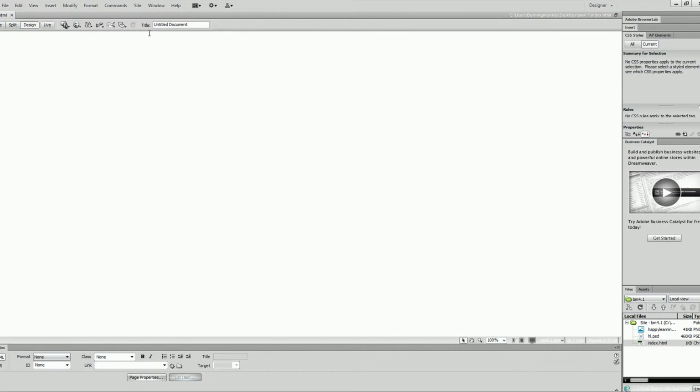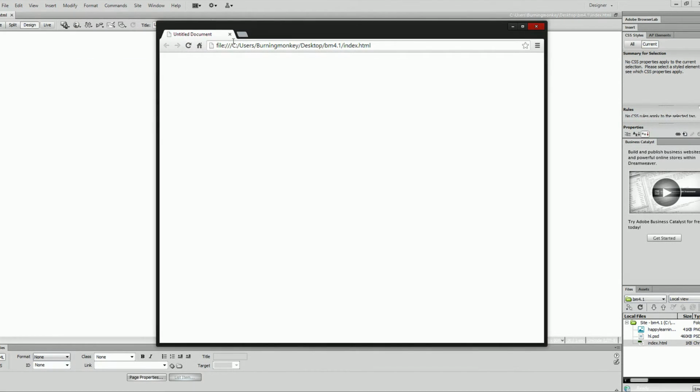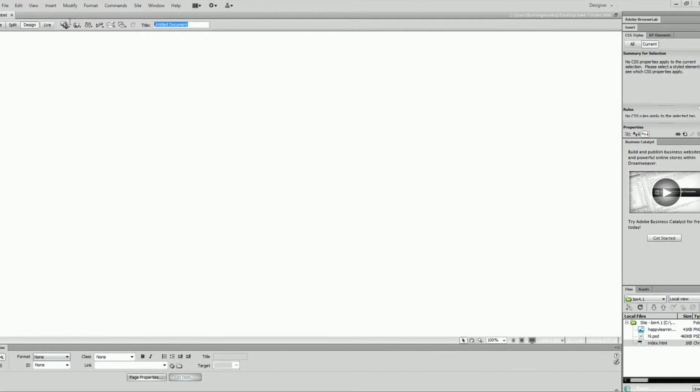And the first thing that we need to do right at the top is change that untitled document to the name of your website. So right now, if we actually preview this, which there should be a preview here, preview in Firefox, let's preview in Chrome, we will have this untitled document right at the top. So once we change this to Happy Learning, we will see